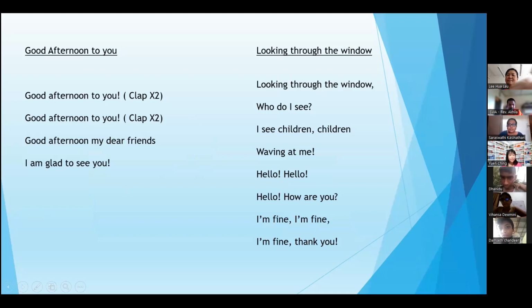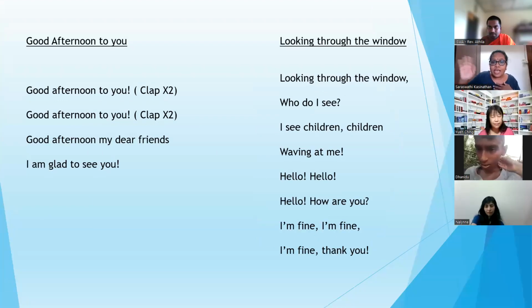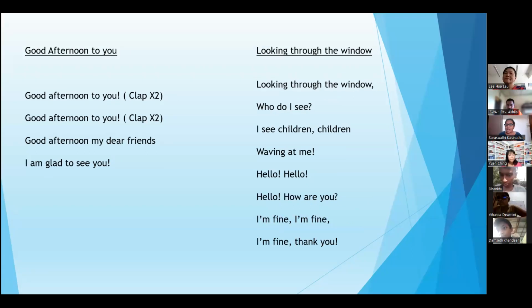Good afternoon to you. Good afternoon to you. Good afternoon, my dear friends. I'm glad to see you. And the next song is Looking Through the Window. Looking through the window, and who do I see? I see children waving at me. Looking through the window, who do I see? I see children waving at me. Hello, how are you? I'm fine,